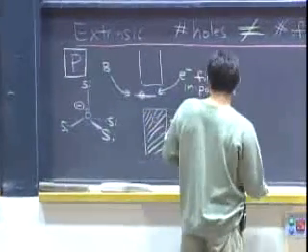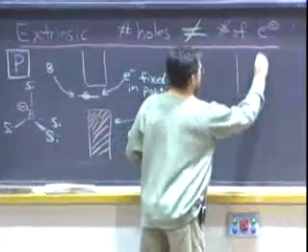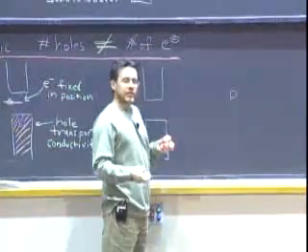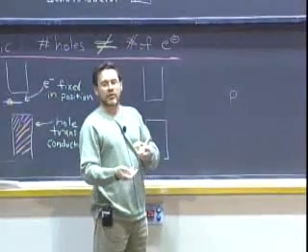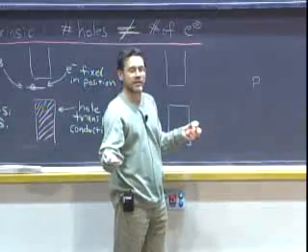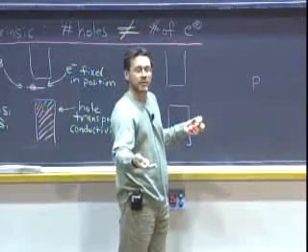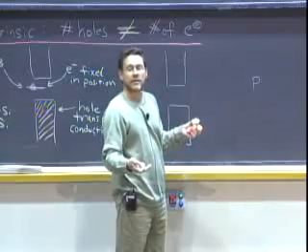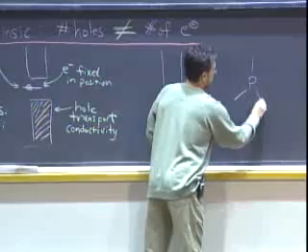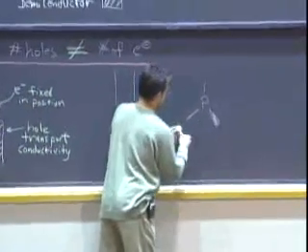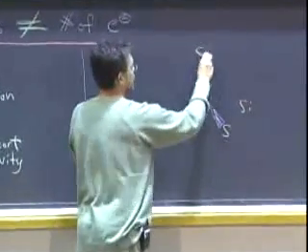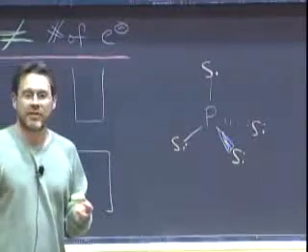And then the parallel situation to that would be where you have something that you dope into the structure that has one more electron than what's normally in the structure. So normally you're putting in silicon atoms, each of which has 4 valence electrons. So you put in a phosphorus atom, which is nearly the same size as silicon, but it's got 5 valence electrons. So you have this phosphorus in here,